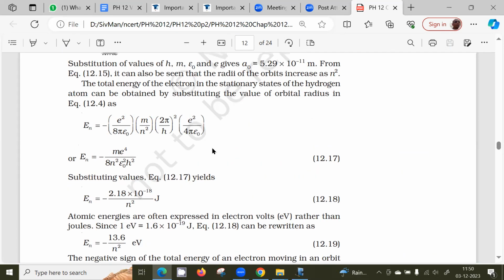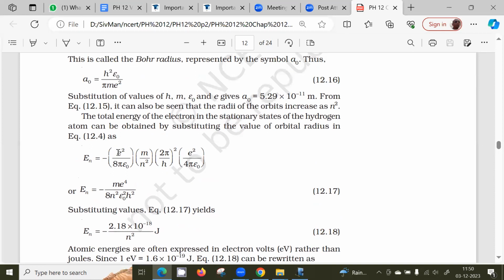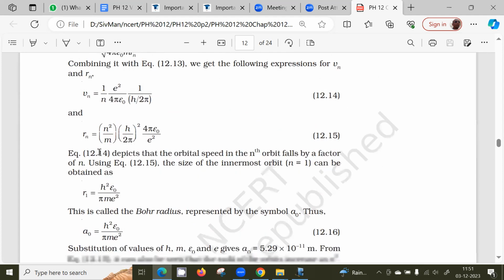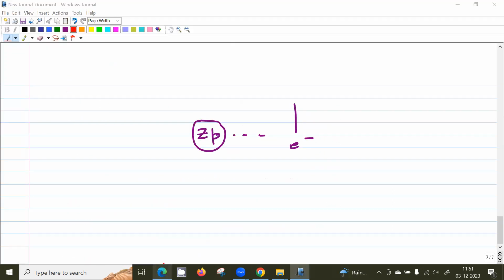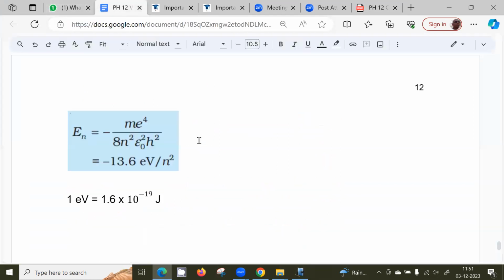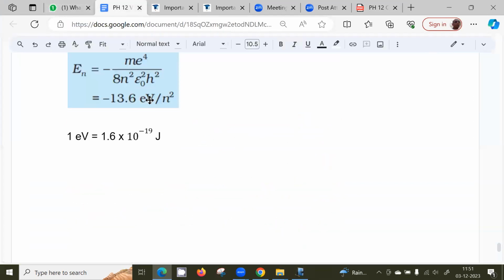The Z variation is not here. Basically Z will come here. This is the Coulomb force, right? Instead of e into e, it will become Ze into e. So energy will increase as Z increases, because the potential is Q1 Q2 by r, no? So Q1 is increasing Z times, so energy will go as Z times. So you can remember this one.